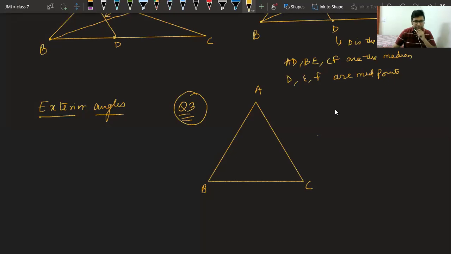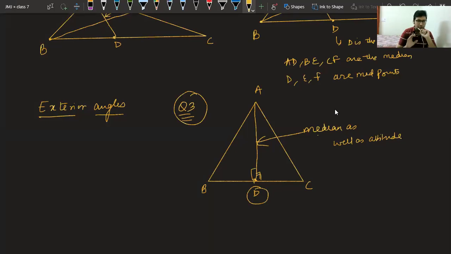You can check that the midpoint of this BC will be like this. And in this case, this is the median as well as the altitude. In the case of an isosceles triangle, and in the case of an equilateral triangle, the median and altitude are the same because this is the midpoint and this is the perpendicular also, at the same point. That is why I didn't do question number 3. Question number 3 is very simple. In these cases of an isosceles triangle, the median and the altitude come out the same.